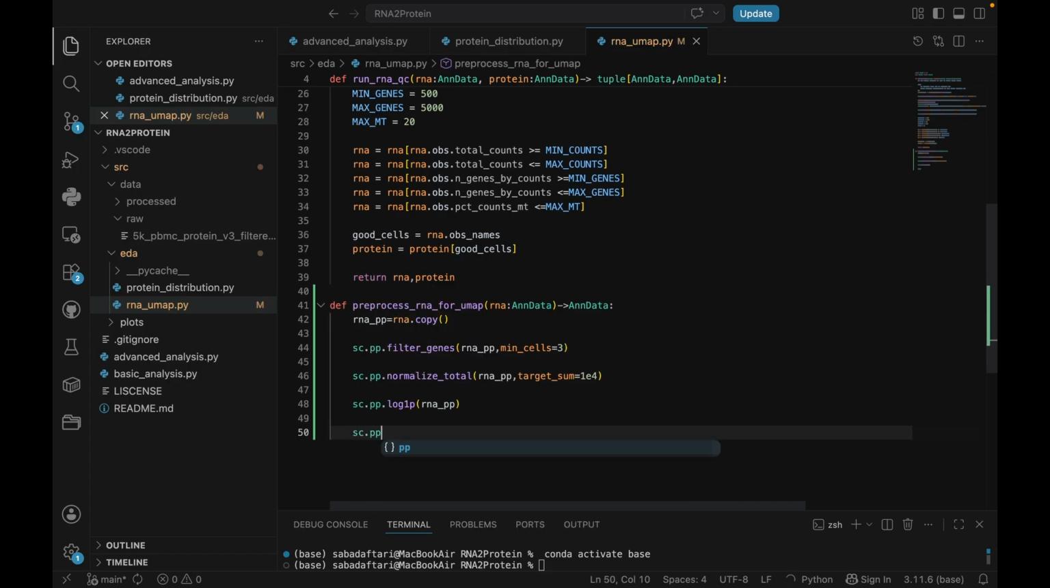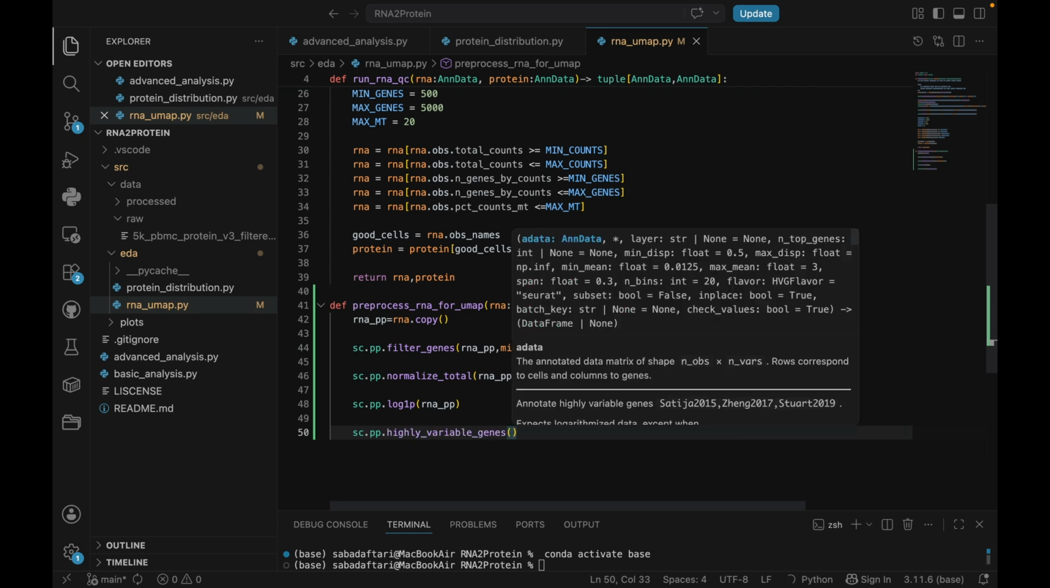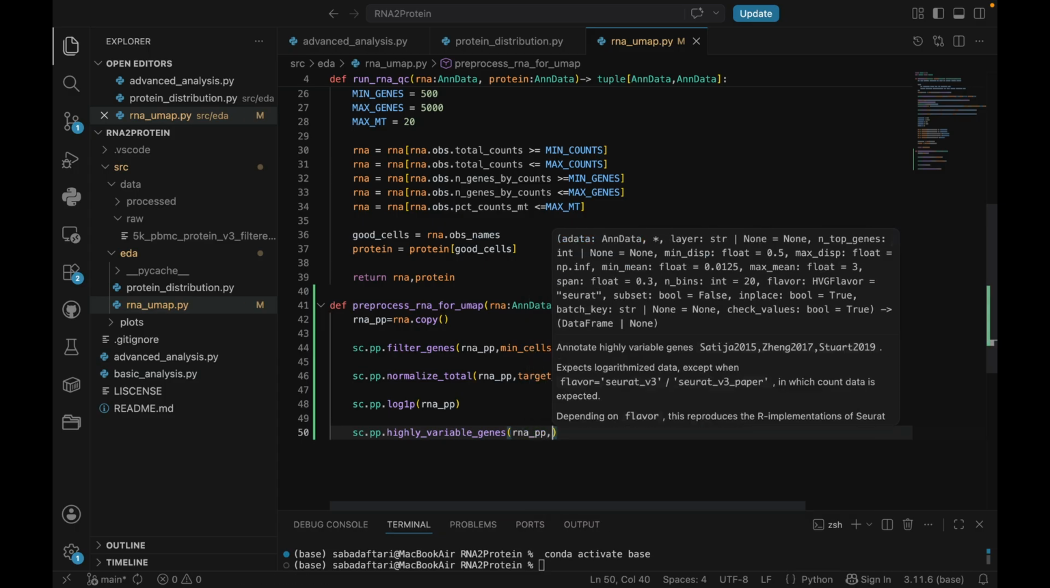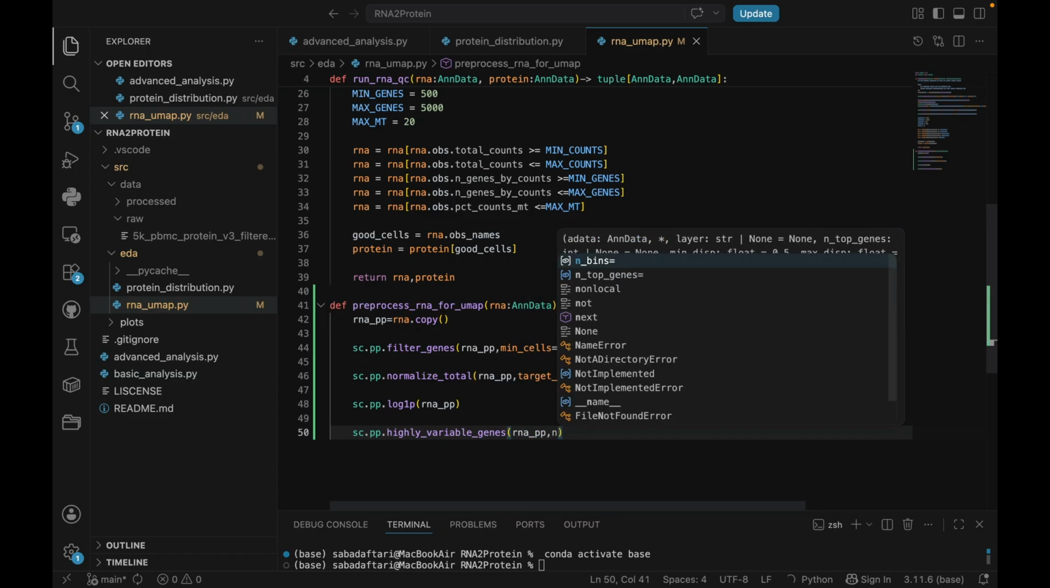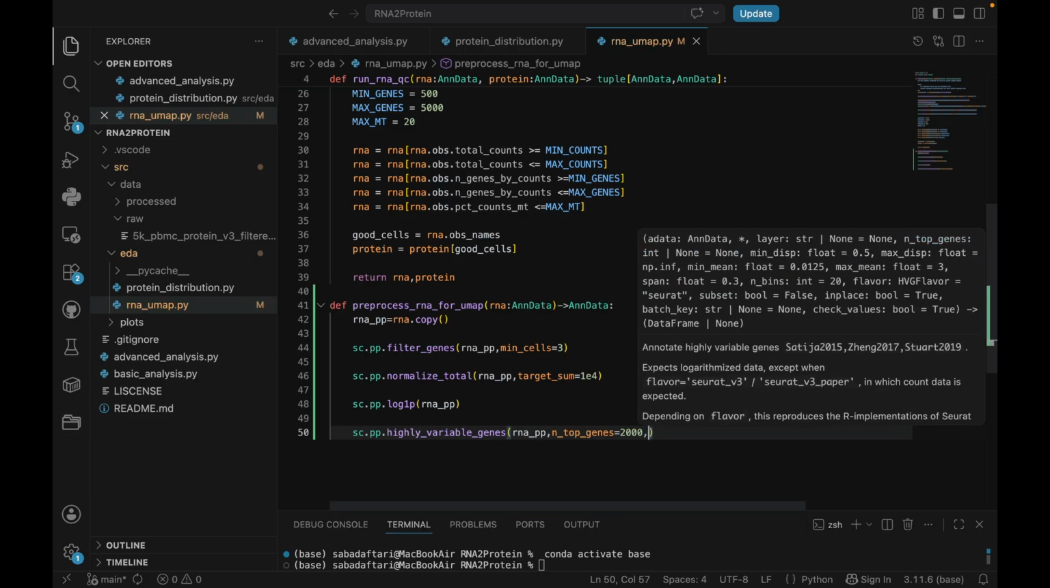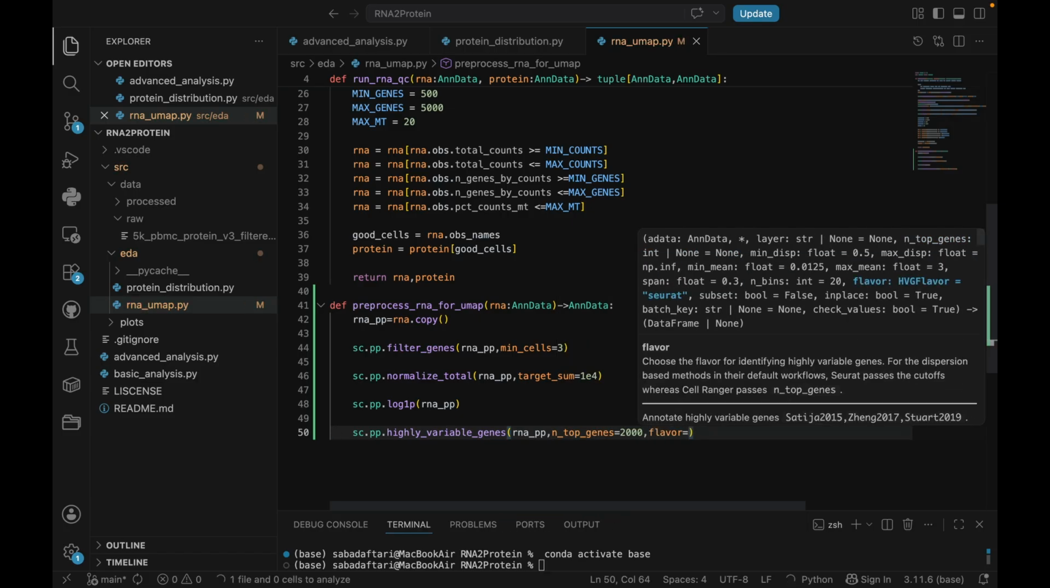Now we want to find the most variable genes across cells. Let's say the top 2,000. These are called highly variable genes. So the idea is not all genes are useful for distinguishing cell types. To do that, we're going to use an algorithm called Seurat,